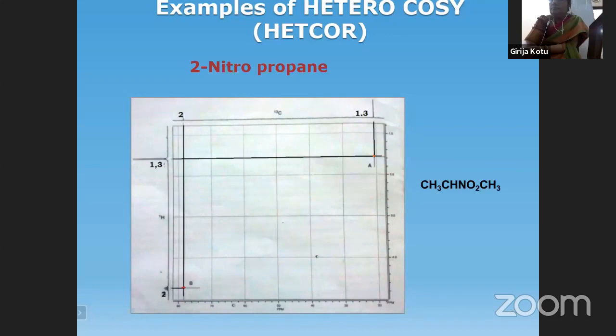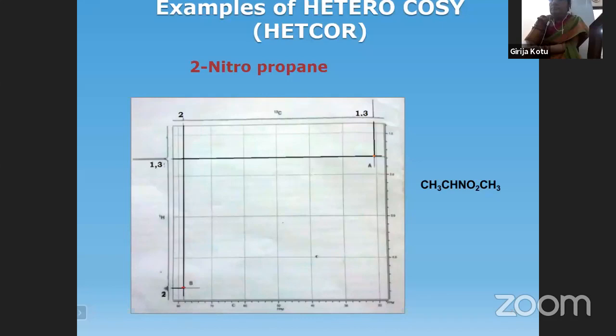Similarly, if you come down to the next one, just below the carbon 2 signal, vertically, you can find another orange dot, a slight dot, which is showing the connectivity to another proton. If you draw a horizontal line, a vertical and a horizontal line, a vertical line from a C13 and a horizontal line that connects to the proton on the y-axis.